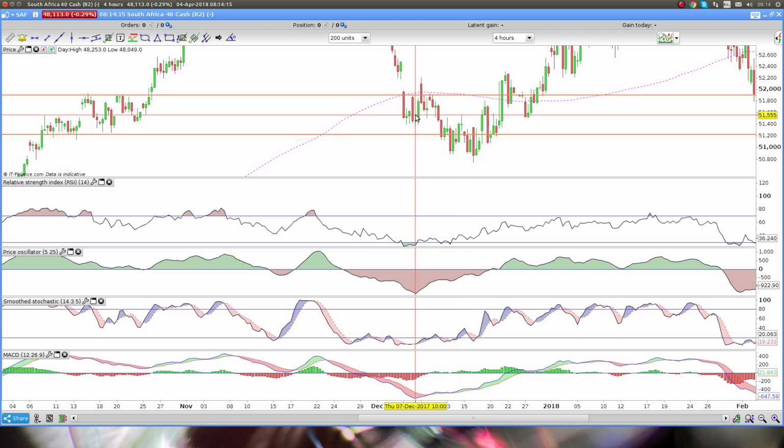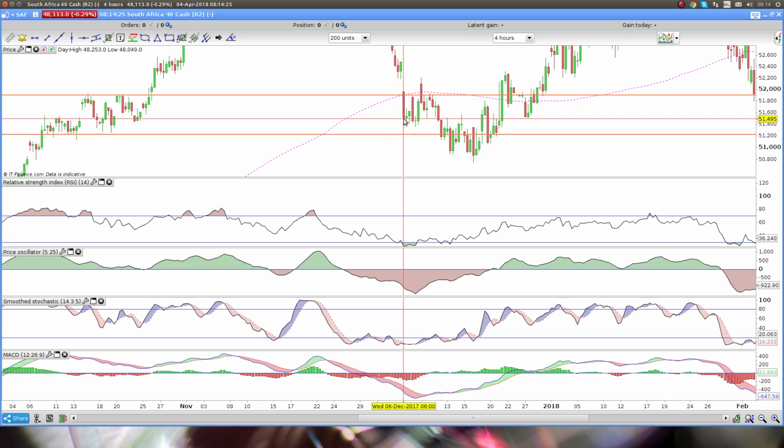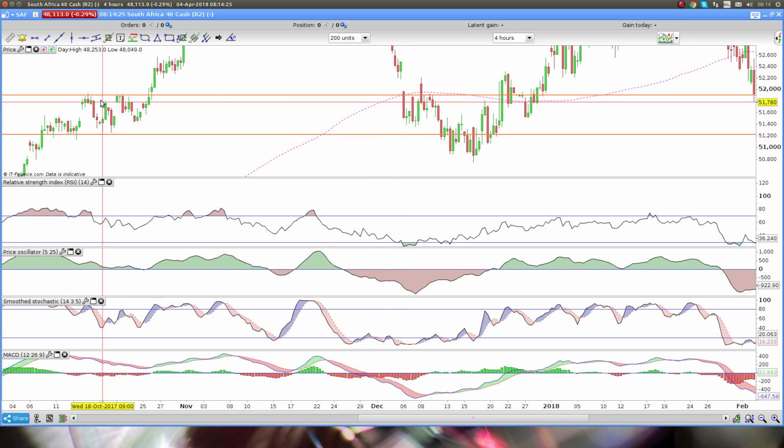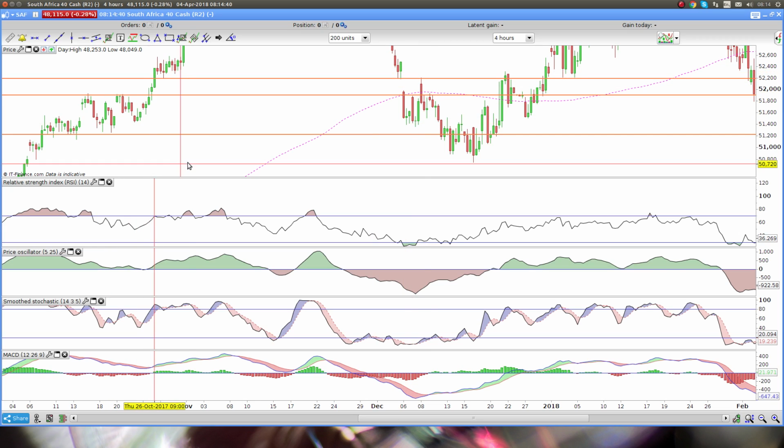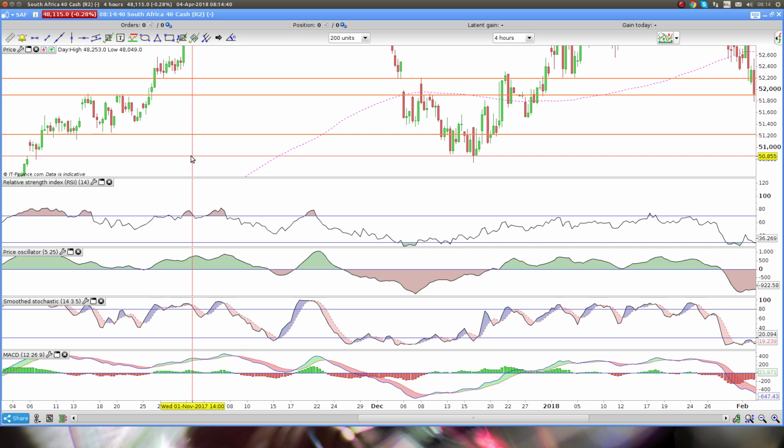But I've got a warning here. The indicators here have indicated that there is a potential change in direction happening. But price action is telling me that we've broken through this level. So I would expect us to go and test this level. There's also a gap to the top. But I would expect a test, and if that test succeeds, then you can take the trade.